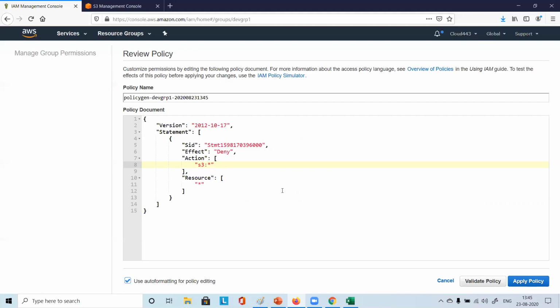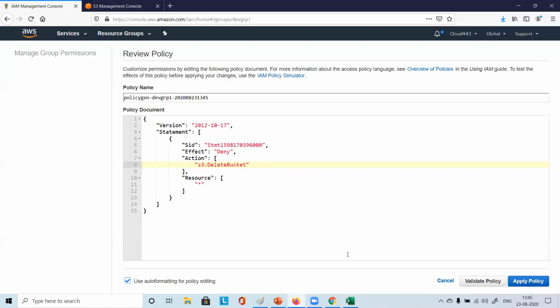Everything will be denied, right? You can experiment with that when you are experimenting on your own, but for now we are not saying asterisk here. In place of asterisk, we are using delete bucket, so that person will be denied delete bucket.